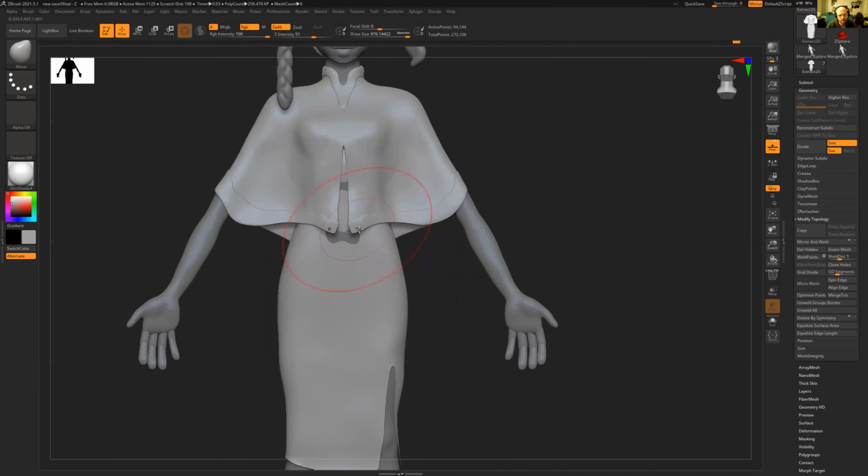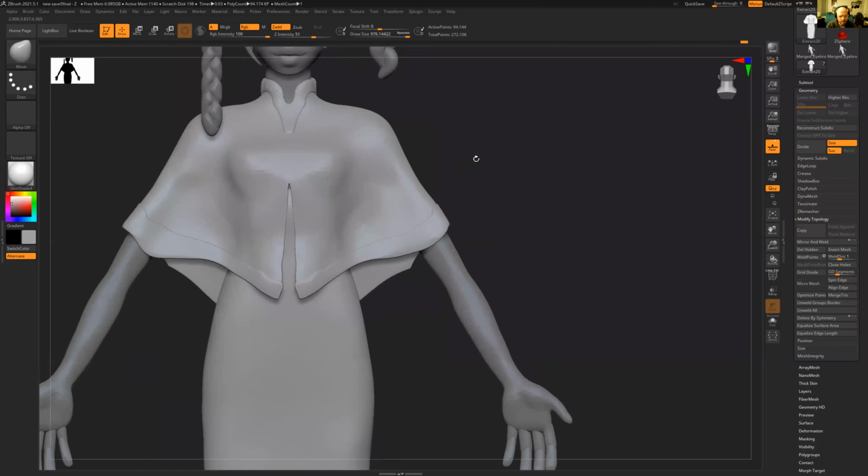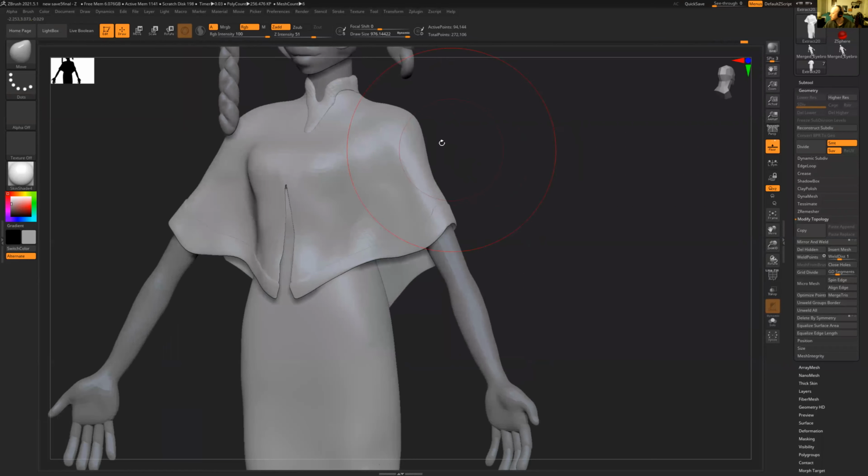Here. There we go. I feel like her little shirt thing is a little bit higher in this. Creases and stuff. Yeah. Okay, so it looks sort of like